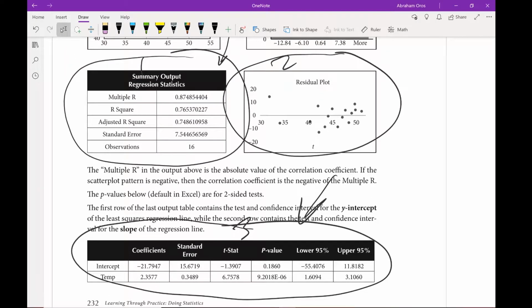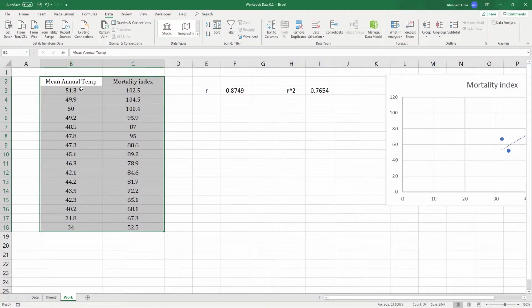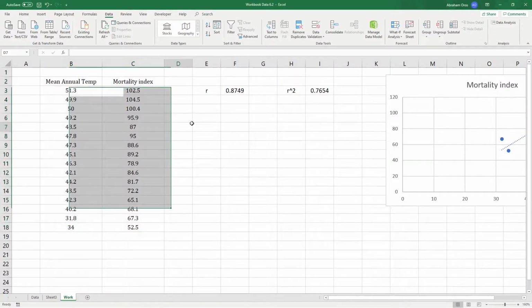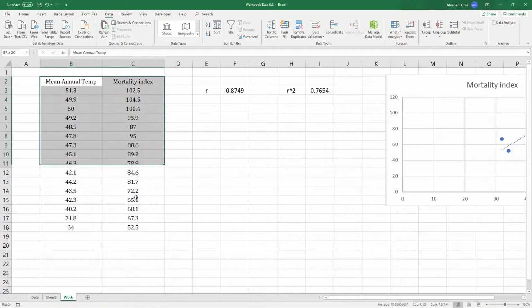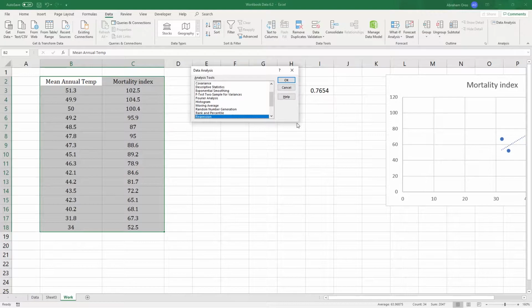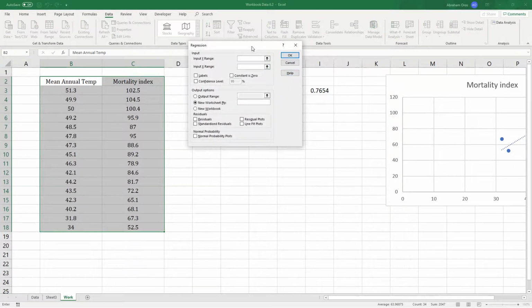All right, so we have the data from yesterday. Let's bring this up. Pay special close attention to what I'm about to do. We grab all this data. You're going to go to the Data tab up here, right? Data, Data Analysis. You guys have done this before, hopefully. And then down here, you'll see one called Regression. Click on that, click OK, and it pops up with